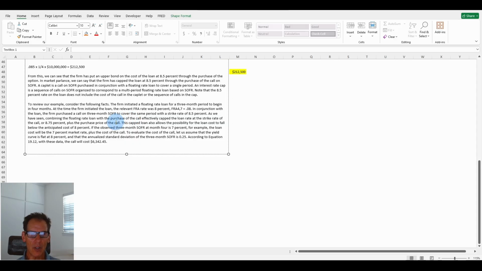This capped loan also allows the possibility for the loan cost to fall below the anticipated cost of 8%. If the observed 3-month SOFR at month 4 is 7%, for example, the loan cost would be the 7% market rate plus the cost of the call. To evaluate the cost of the call, let us assume that the yield curve is flat at 8% and that the annualized standard deviation of the 3-month SOFR is 0.25. According to equation 19.12, with this data, the call will cost